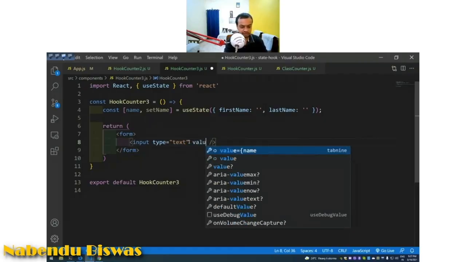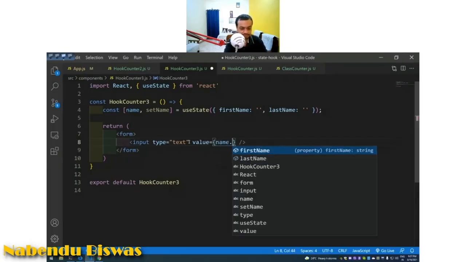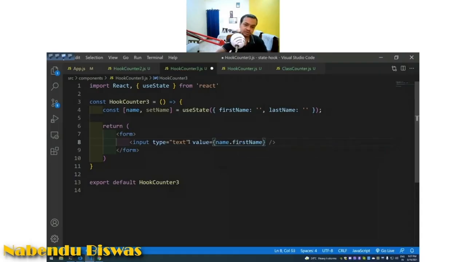So I think I have taught form in the class based one also. Forms are very important things in React and they work in a different way. They're also called controlled components here. Okay, so name dot firstName, because name is assigned to this whole object, so name dot firstName I can do value, and